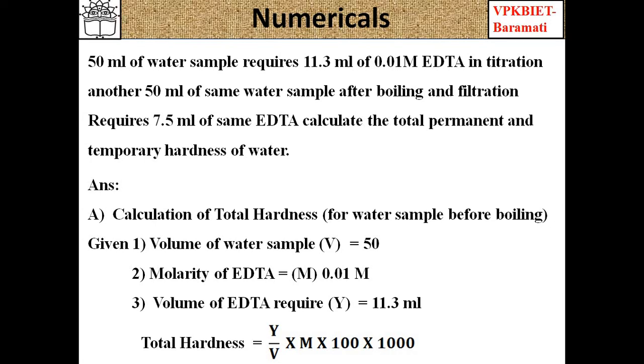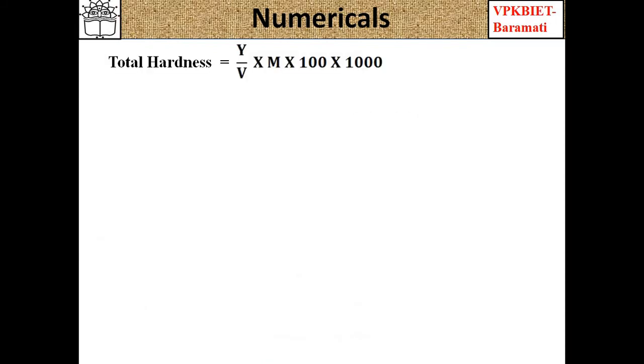This is the multiplying factor which converts whatever answer we get into ppm CaCO3 equivalent. And what is the 1000? The 1000 is for 1000 ml of water sample, that is 1 liter of water sample. So we are multiplying by 1000 and dividing by volume. Whatever answer we get is in ppm, because this is per liter. For that we have taken this 1000. This is our formula, and now we have to put the values in the above formula.